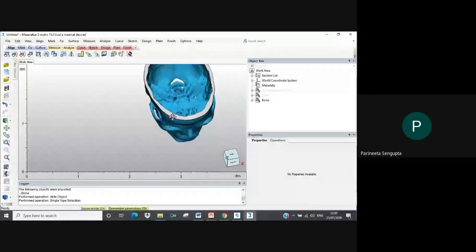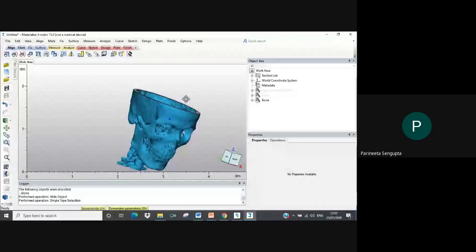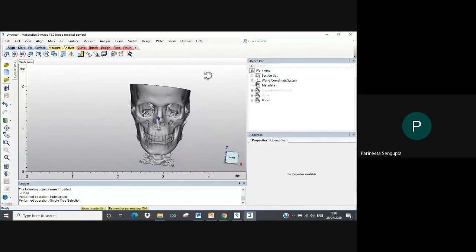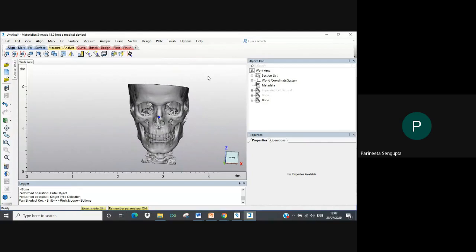So ma'am, right now in this condition, we do not need it since this is an anatomical model. Sometimes what will happen is, in case you're using multiple softwares like we do to make different components, our work is not limited only to Materialise Mimics. We also use multiple softwares. So we create, suppose, a sphere or some anatomic implant in, say, Meshmixer. Now I have created this model in such a way that it has multiple faces or multiple surfaces in that component. So when I input it, I know at what angle the surfaces will be generated. So for those components, right?